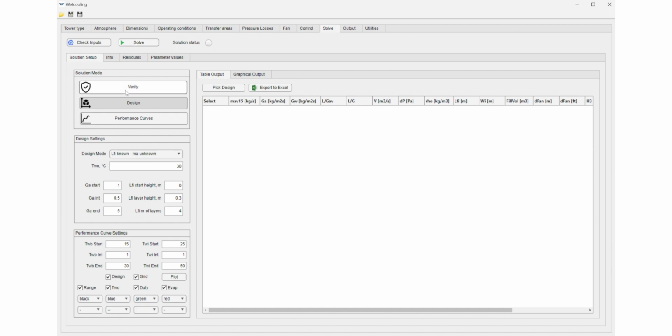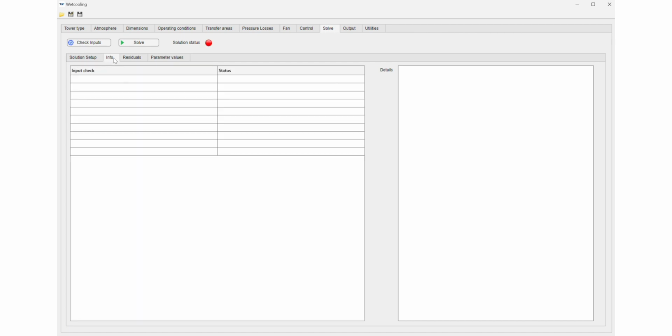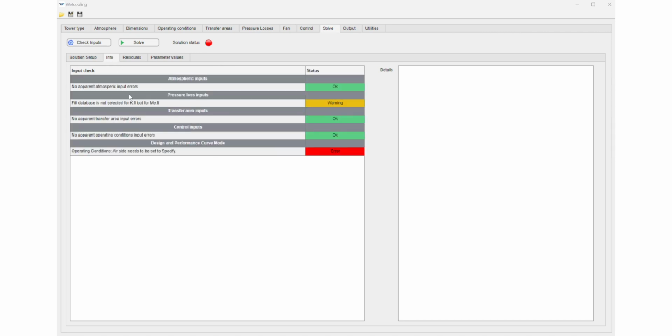But before we click solve, we can just look at the inputs. So let's go to check inputs. And if we go to the info tab, it will give us the results of the input checks. So you also hear a little error sound, and you can see operating conditions, air side needs to be set